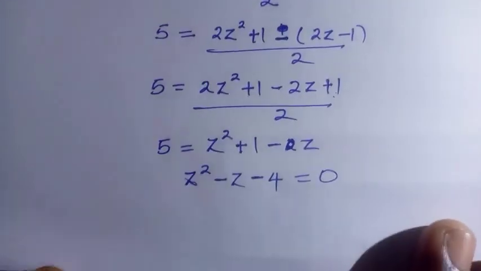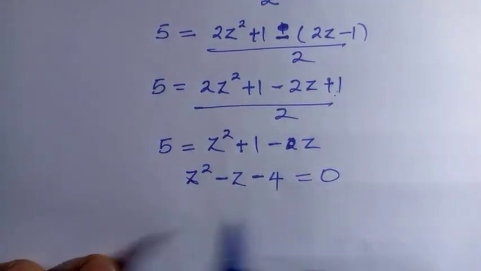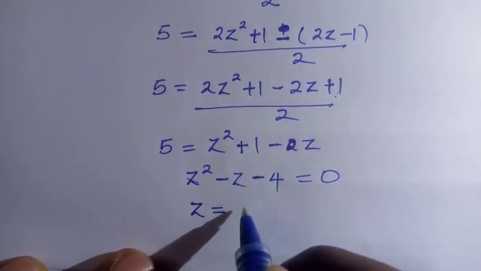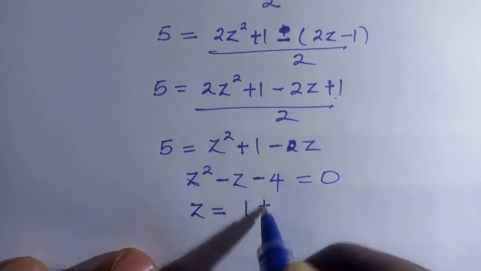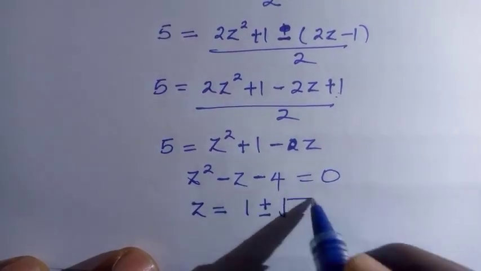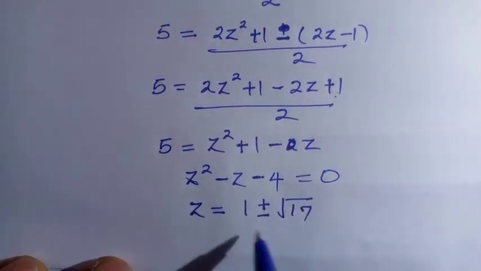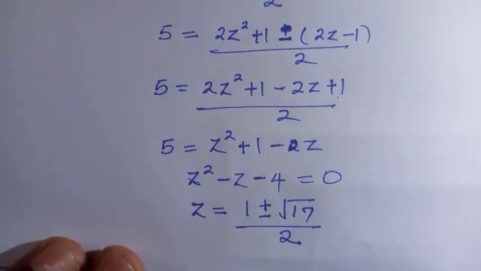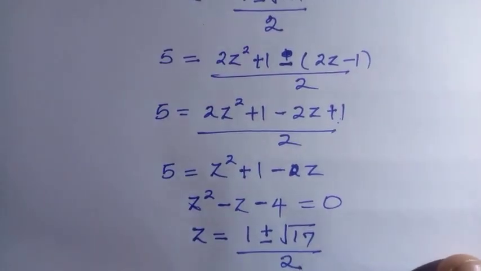Everything equals 0. When we solve this one, what we are going to have is z equals 1 plus or minus the square root of 17, divided by 2. But from these 4 values that we got, it is only 2 that satisfy. That is the case of the negative, which will lead to complex because of the rational